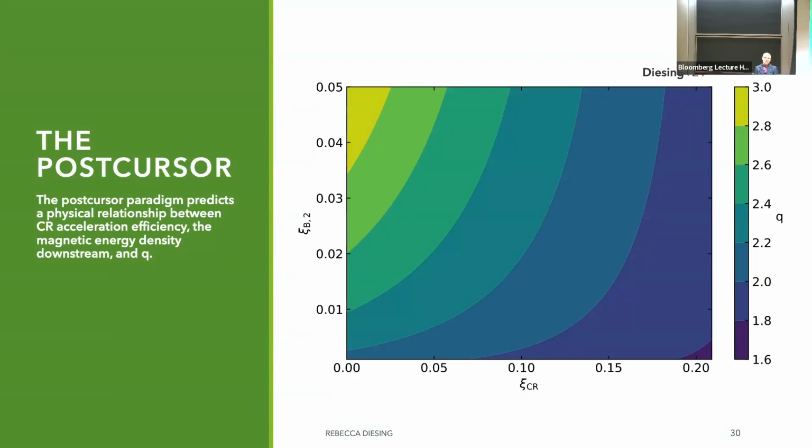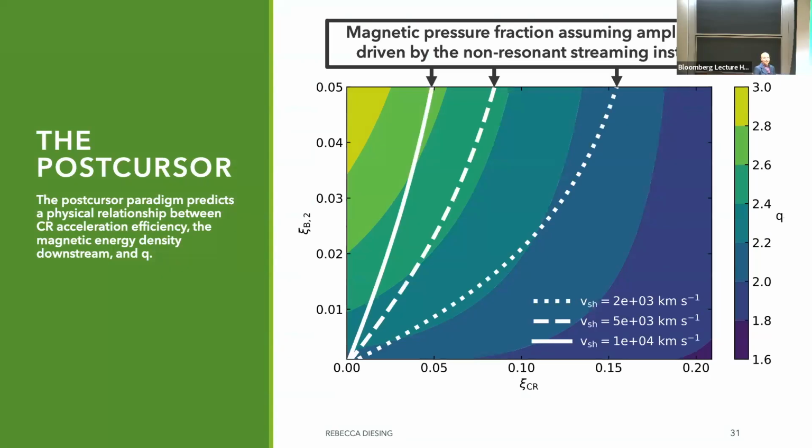But what I'll also mention is that magnetic pressure fraction is not a free parameter. And in fact, what I said about magnetic field amplification is that there is a relationship between psi v2 and psi cosmic ray. And if we enforce the saturation point of the Bell instability, it looks something like this. So this is assuming saturation of the Bell instability. That saturation point does scale with the shock velocity because that dictates how much current you have available.